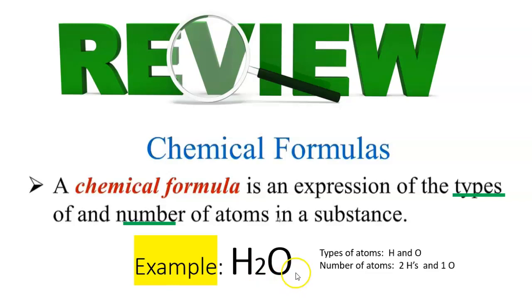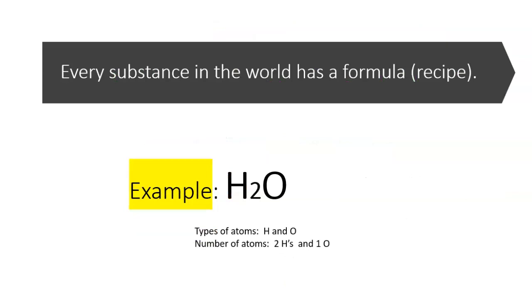And you'll see that there's no number by the letter O for oxygen. The no number is supposed to represent only 1. That's just something you'll have to memorize. So every compound in the world has a formula like this. It's a chemical formula. It's kind of like a recipe. It always tells us the types of atoms that are in the compound and how many atoms of each type